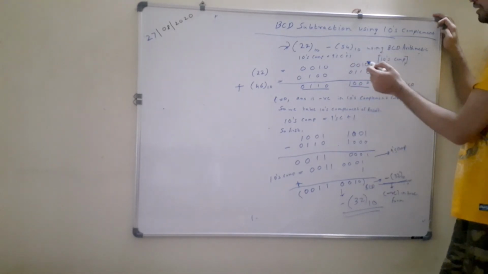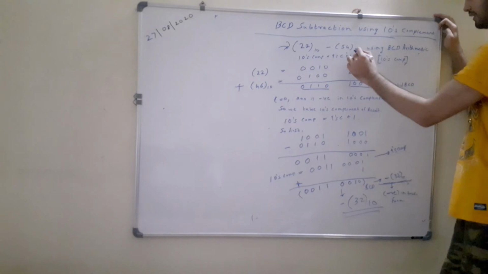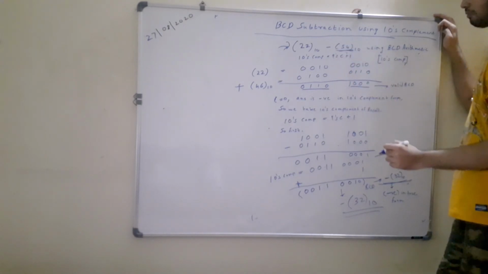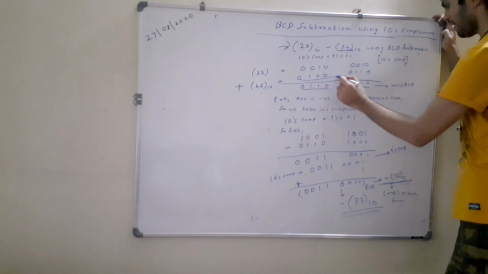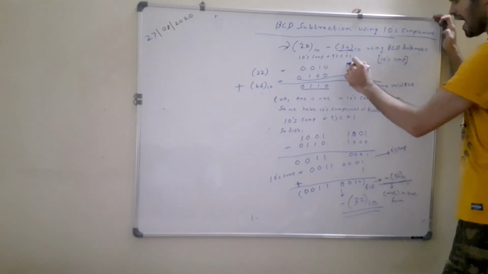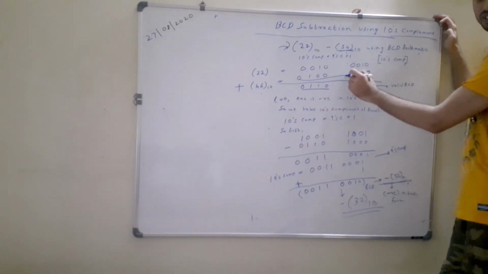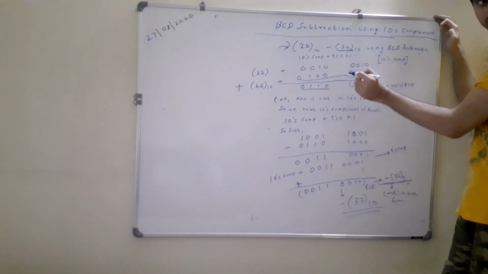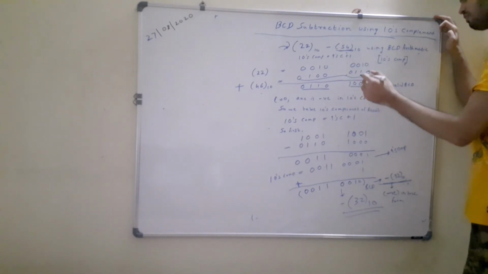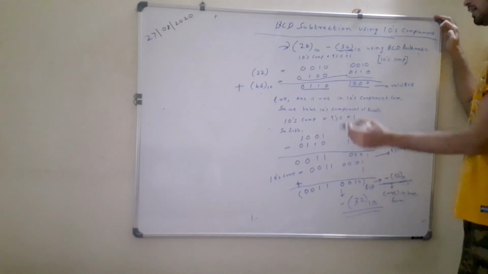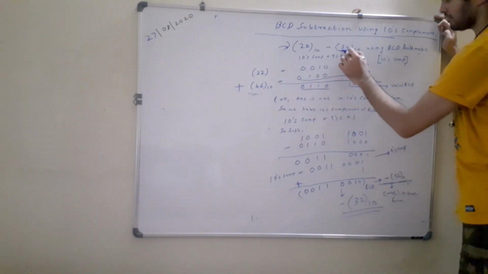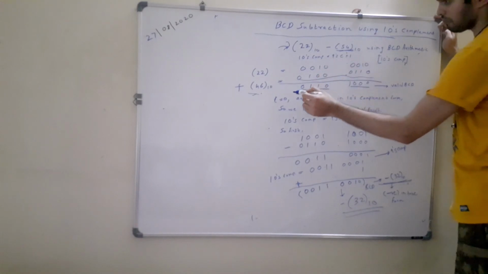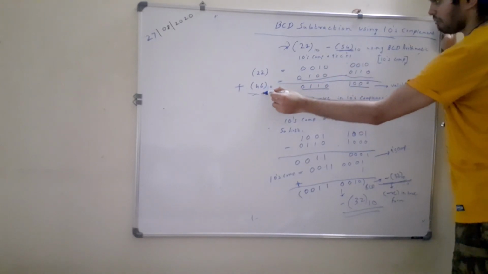And then I have to subtract it from 54. So I will have to take tens complement of 54 in this case. So what is tens complement of 54? It will be 46, and its BCD equivalent I had written over here. Then I add these two numbers as per the steps defined in the algorithm for tens complement form of subtraction. So 46 we get after computing tens complement of 54.